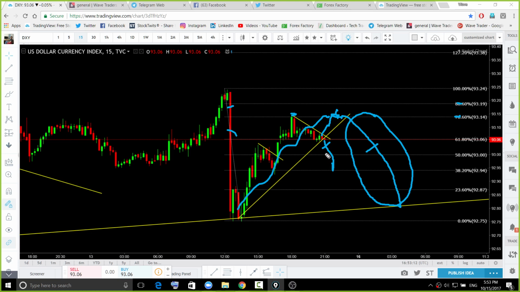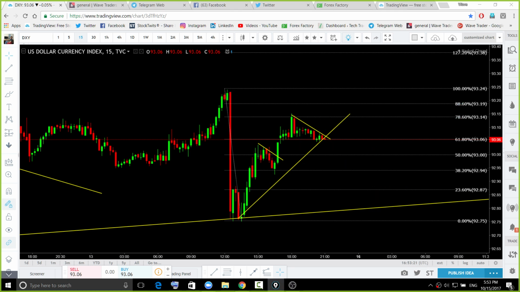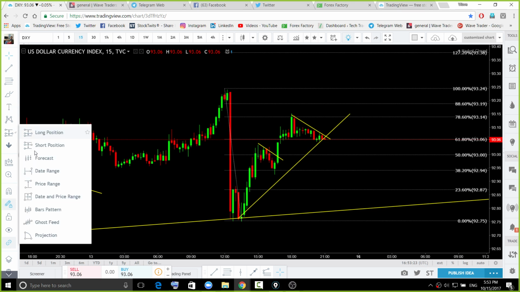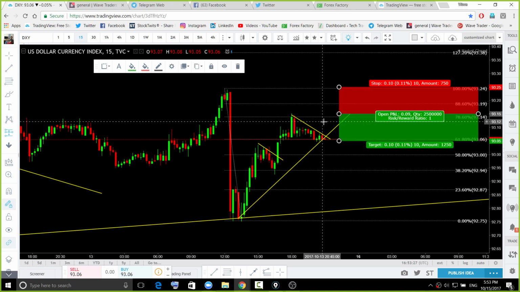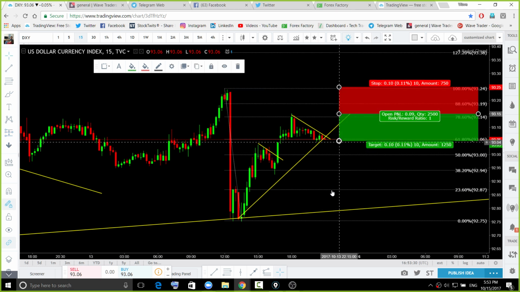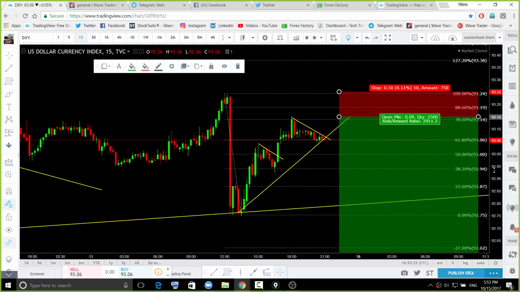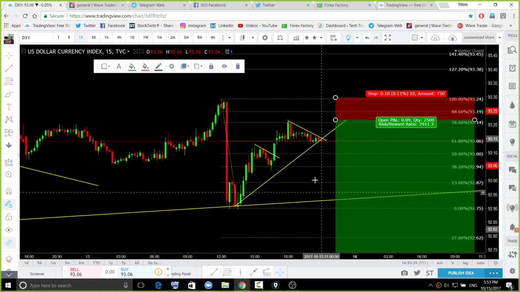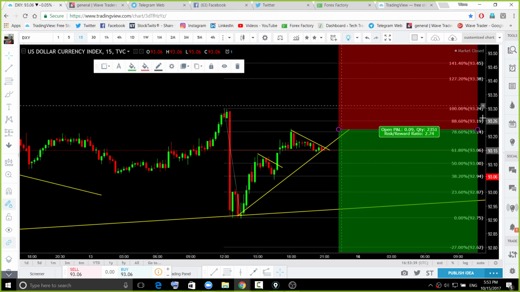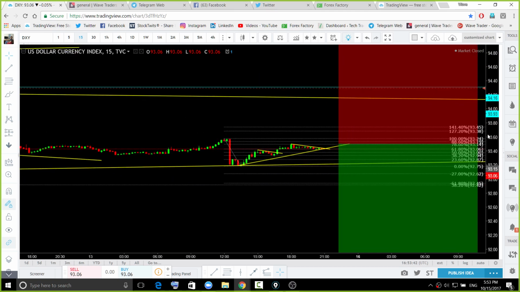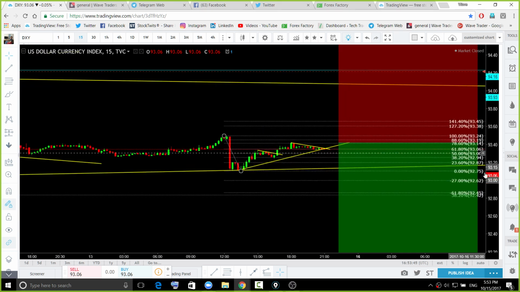So if you sell from this area, you can manage your risk and put your risk above that area. So this is the short-term trade. This tool is not working properly. I'm not sure why TradingView is not picking up this tool. You can see over there, this risk reward ratio tool is not working properly.